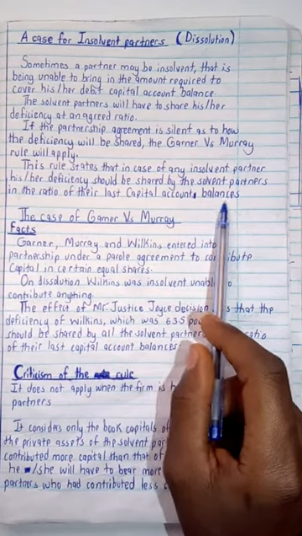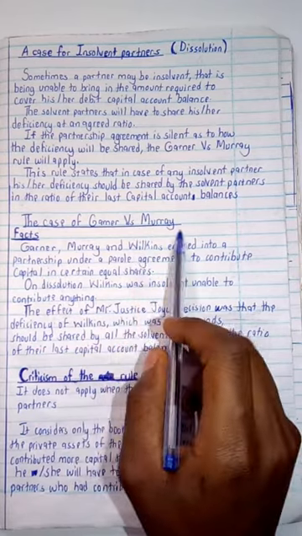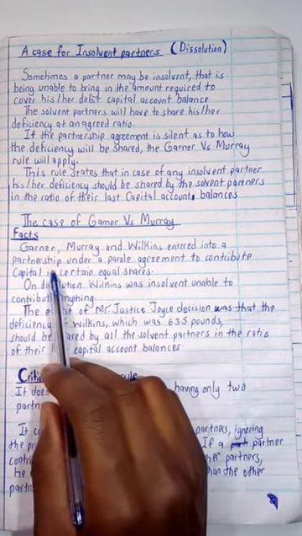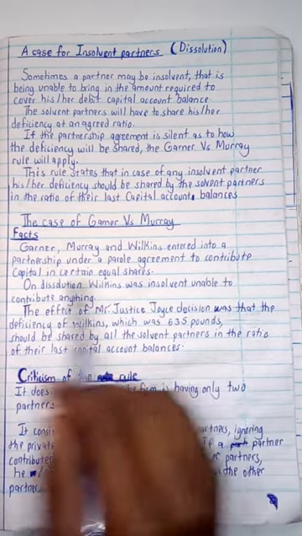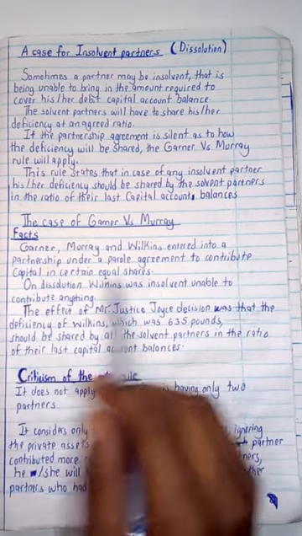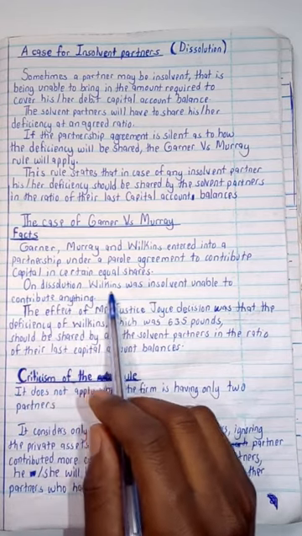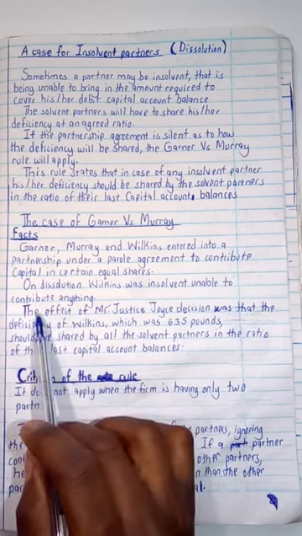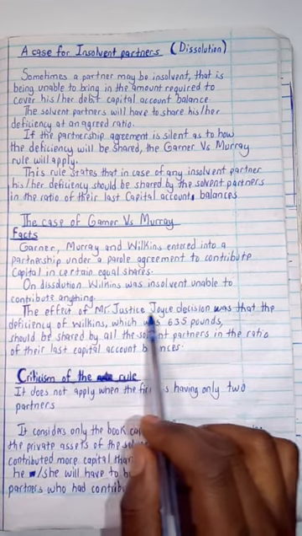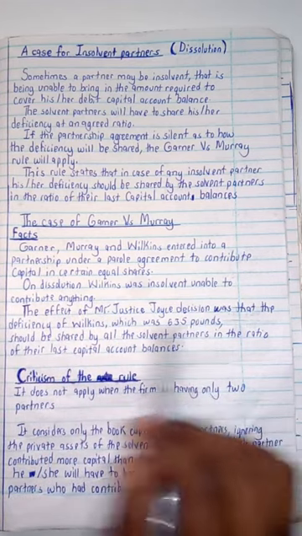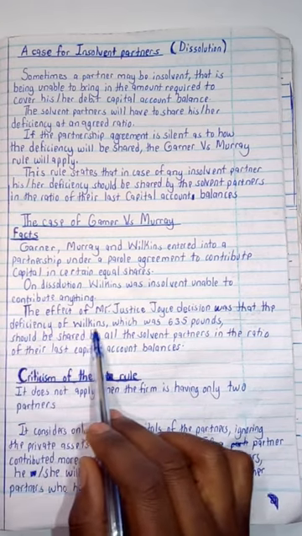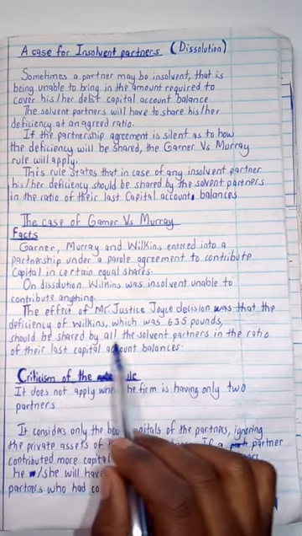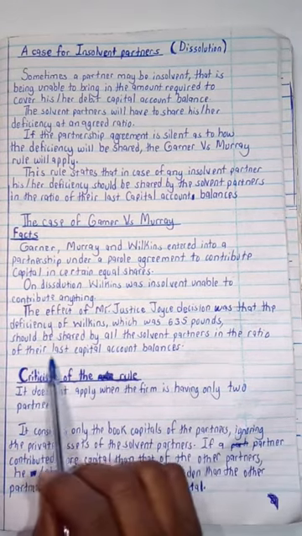account balances. In the case of Garner vs. Murray, facts are Garner, Murray and Wilkins entered in a partnership under a parole agreement to contribute capital in certain equal shares. On dissolution, Wilkins was insolvent, unable to contribute anything. The effect of Mr. Justice Joyce's decision was that the deficiency of Wilkins, which was £635, should be shared by all the solvent partners in the ratio of their last capital